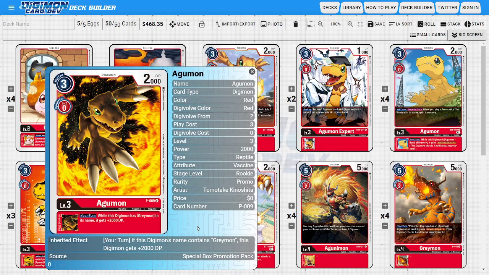Next, I'm going to be running 3 copies of Agumon. So this is the promo version of Agumon, and this Agumon is really good for trying to DP boost our champions. So what this card is doing is it has a nice inheritable ability where during your turn, while this Digimon has Greymon in its name, it gets plus 2000 DP. So a lot of our champions are going to be Greymon-based cards,